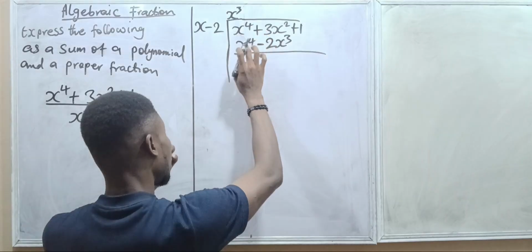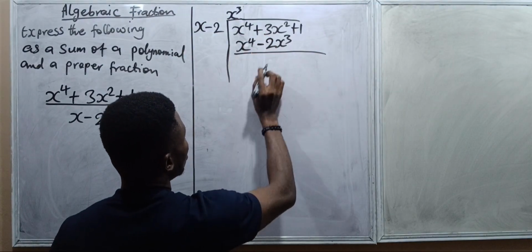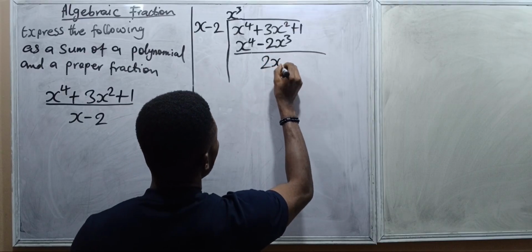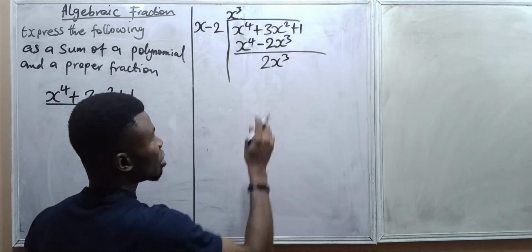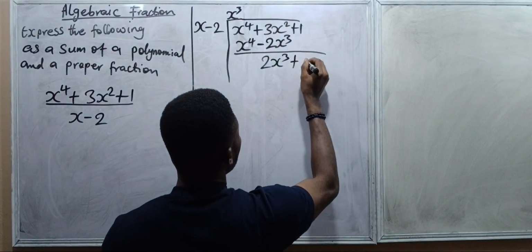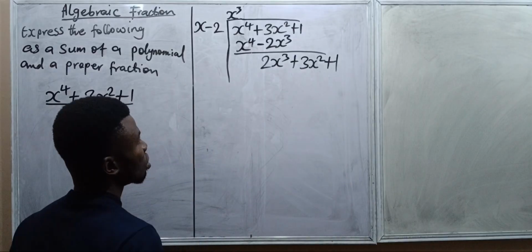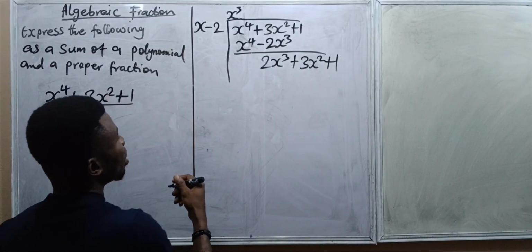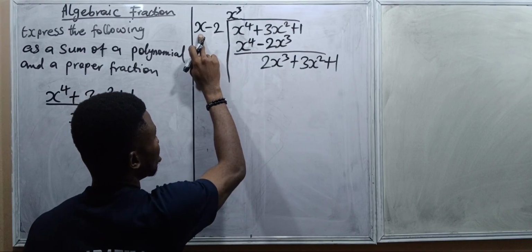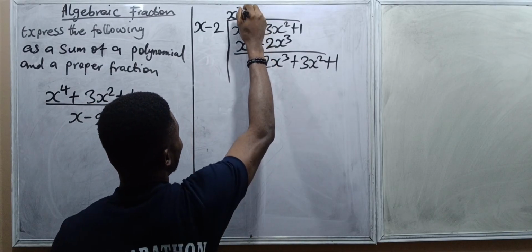So x to the power 4 minus x to the power 4, that one is gone. The minus times this minus is plus 3, so we have 2x cubed, because this and this don't have the same degree, so they will be different. And then the other ones we have plus 3x squared and plus 1. Now we go again, look for a number or a variable or both that when we multiply with x gives us 2x cubed. And that is plus